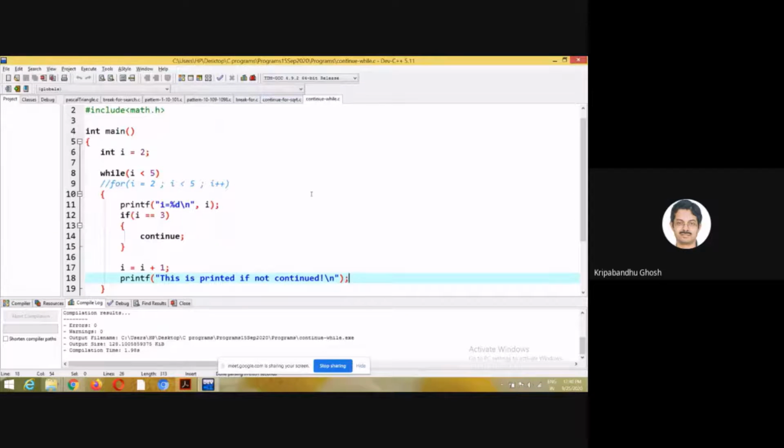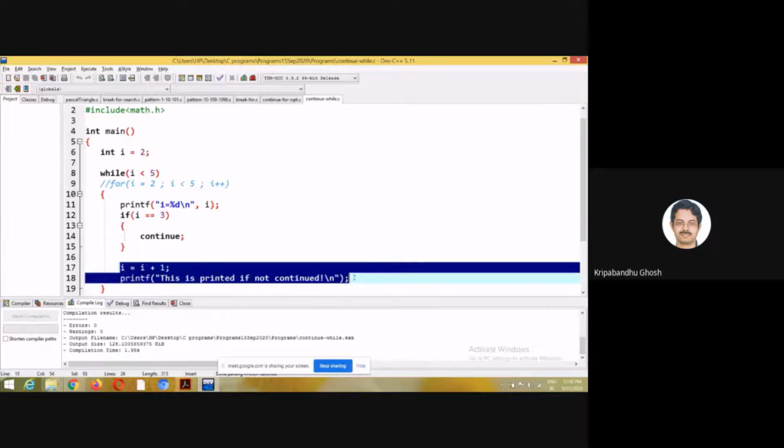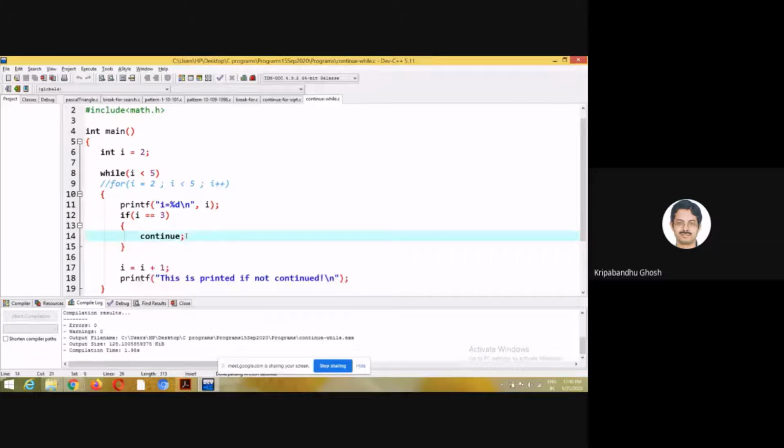So what's going on? You see that the increment here is a part of the body. So if I do continue here, the control will not come to this line. It will go back to the check. The condition is true, right? It started with 2. For I equal to 2, it is true, so this got printed and it incremented to 3.